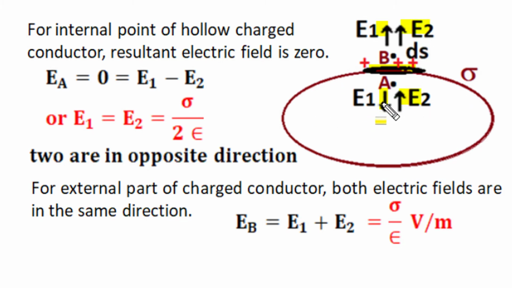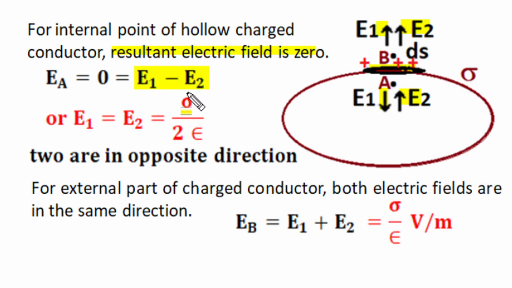Now we can use the superposition principle and find the resultant electric field at A and B by adding the electric field contributions of the elemental surface charge area and the remaining total surface charge area vectorially. Now at A, which is internal to this hollow charged conductor surface, the resultant electric field is 0. As we know, charge on a conductor surface distributes itself in such an equilibrium position that their resultant contribution everywhere in internal positions becomes 0. So here we have two electric contributions E1 and E2 in opposite directions.